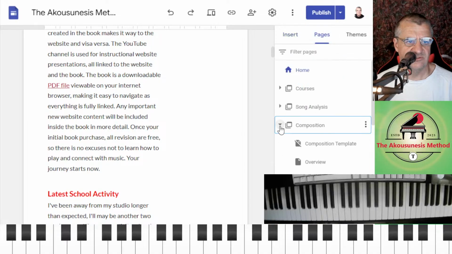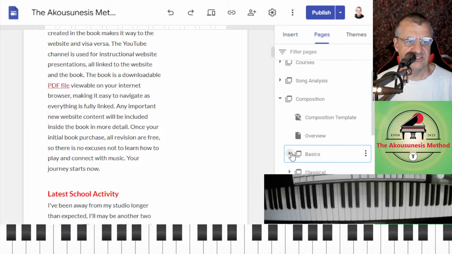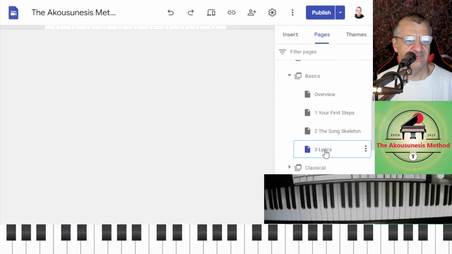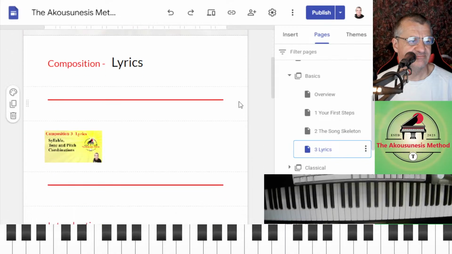Pages, composition, basics, composition. So we ended up with this one, lyrics.